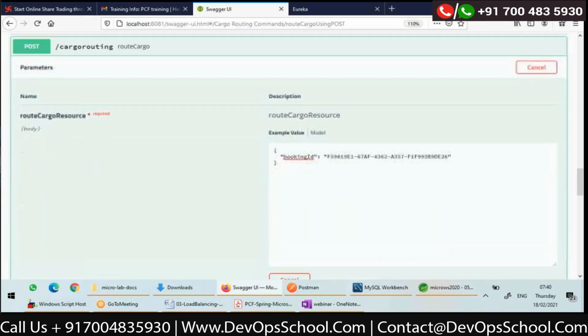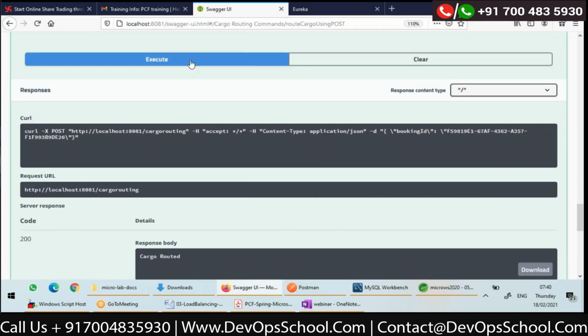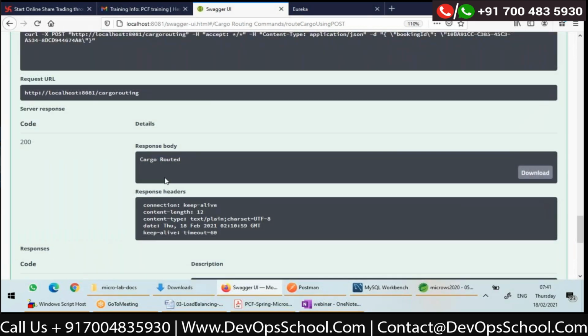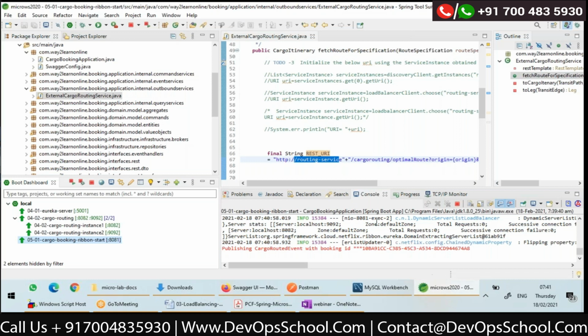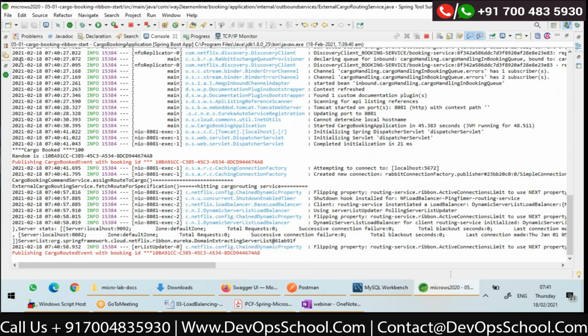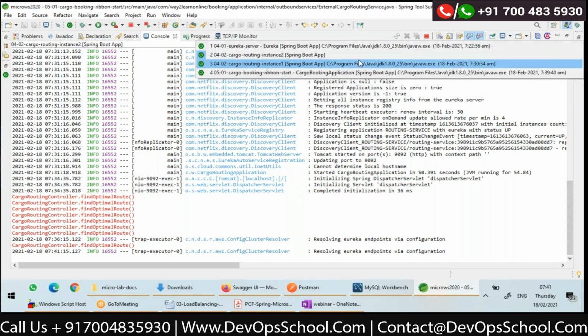Now I'll go to routing service and try to route. So you can see 200, cargo routed. Now let us see the console of booking.